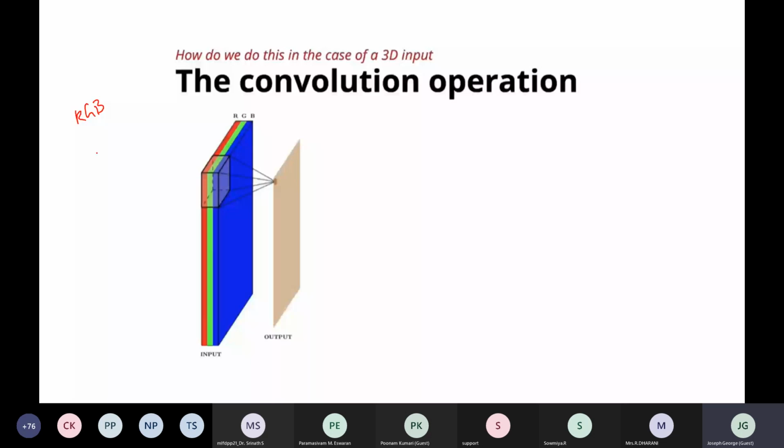So by applying a convolution operation using one filter, you will get a convolved image or an activation map of size 2D. So how is it happening? Look at this.